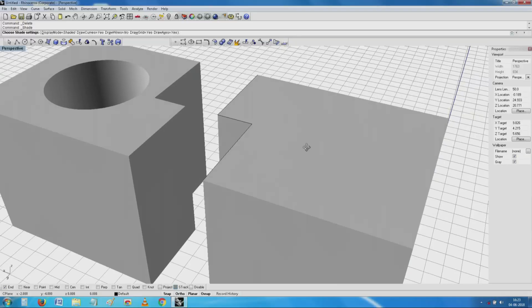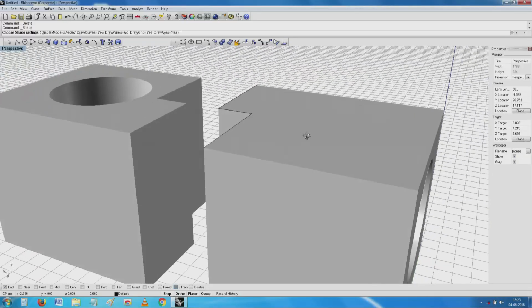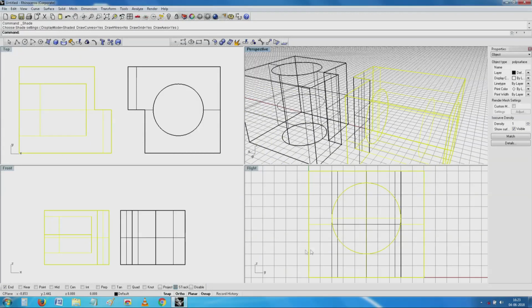See this, and you have noticed this hole is in the other direction. Now, all I need to do is take this and rotate it.